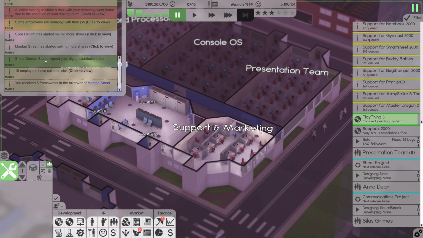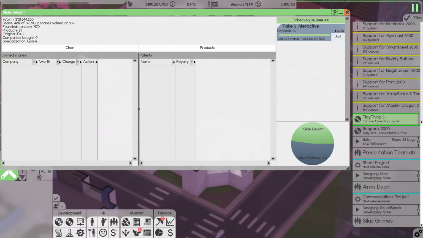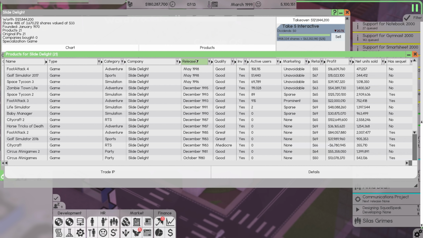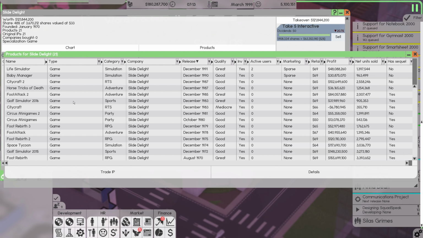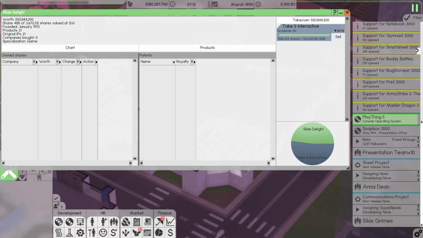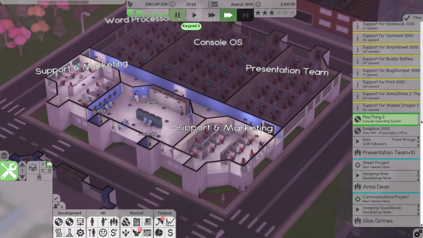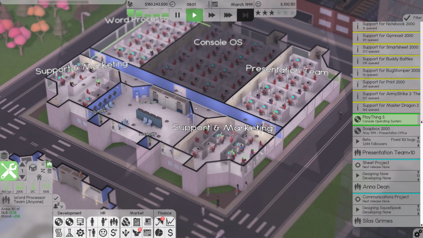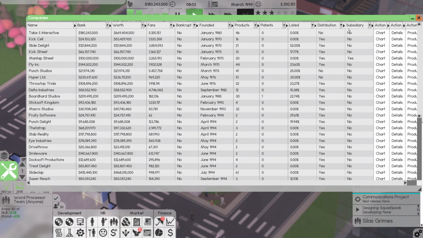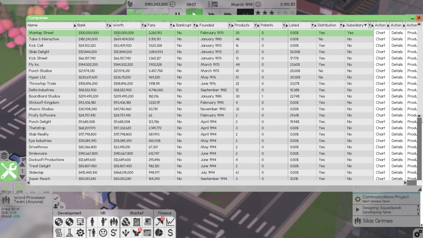Shine Garden is now on the distribution deal. And then Slide Delight I could take over for 121 million, which I'm really not too inclined to do. Their most recent release was last year. It's also made a profit. They do games. So it would be interesting to take them over because that was something we planned on doing as well, but I'm not too stressed about it. Having a look at subsidiaries though, so they have 100 million in the bank. They are worth 100 million.